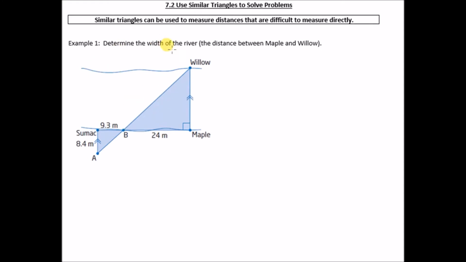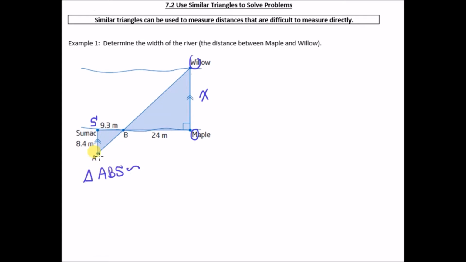Determine the width of the river, so the distance between W and M, Maple and Willow. We call that X. So what we know is Sumac to B. Let's call this A, B, and then we'll call that S. And then B, and then we'll call that M and W. Okay? So we know that triangle